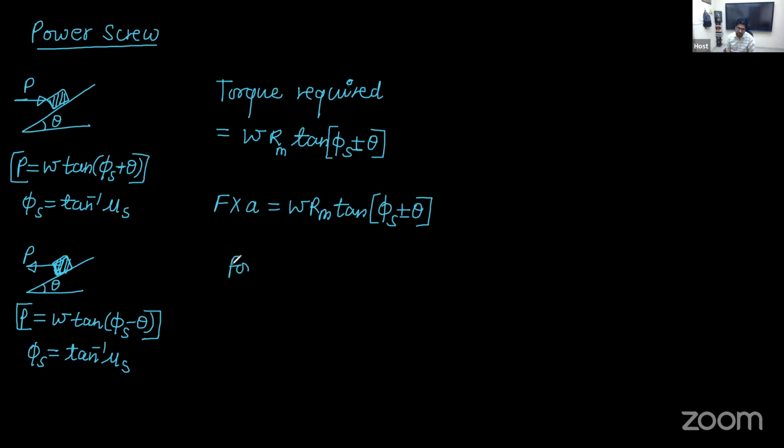For the screw to be self-locking, there is a condition, and that condition is lead angle must be less than the limiting angle of friction, and this gives you